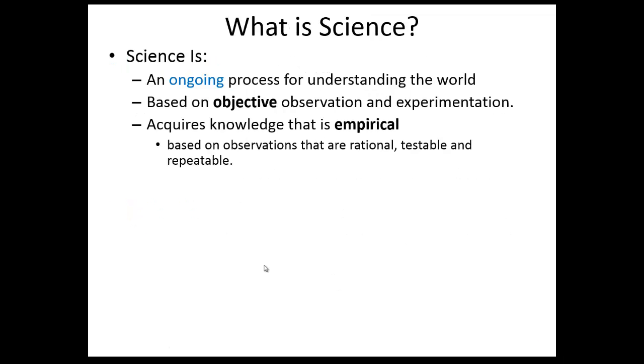So the last part of our discussion in introducing the science of biology is knowing what science is. And science is really based on questions. We make observations in our environment and we develop questions that we want to answer through a scientific experiment. So when we look at the knowledge that's acquired from science, it's empirical, which means we are looking at information and basing it on observations and running it through tests, gathering data. Data is essential when we talk about knowledge that is empirical. It's based on data. It's not just based on speculation or personal opinion.